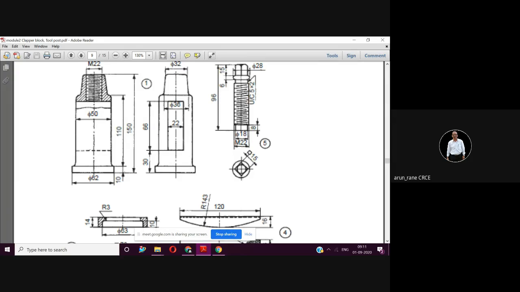So in the revolve, what you have to do, you have to take this half section. That is, you draw this. You have this center line. So from that, you mark this line. That is half of 32. So that's 16. Then mark this taper line. Okay, so that is 36. So 36 ka half, that is 18.